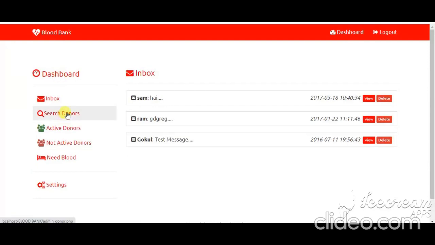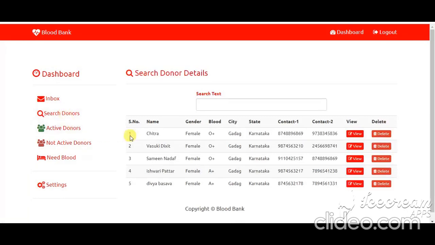In the Search Donor option, it will display all the donors who are registered in our blood bank application. Admin can view their details, edit if required, and delete the donor if necessary.